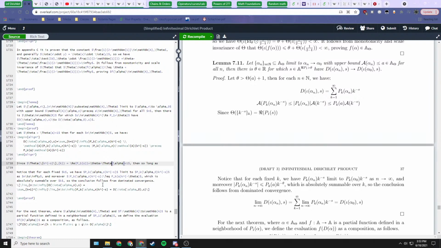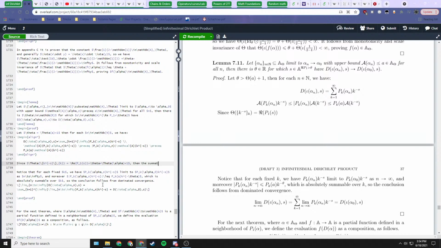Actually, yeah, we don't need this. I was right before. This could just be equals. Okay. Since the theta of k power minus s is the real part of p1 s, which is strictly greater than theta, which is theta alpha plus 1, then